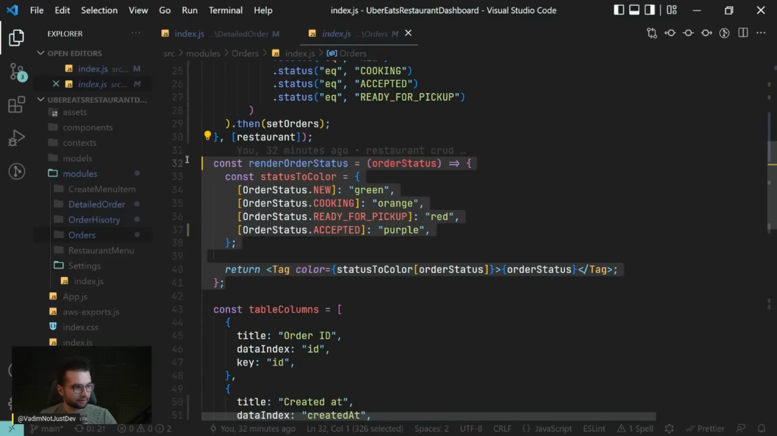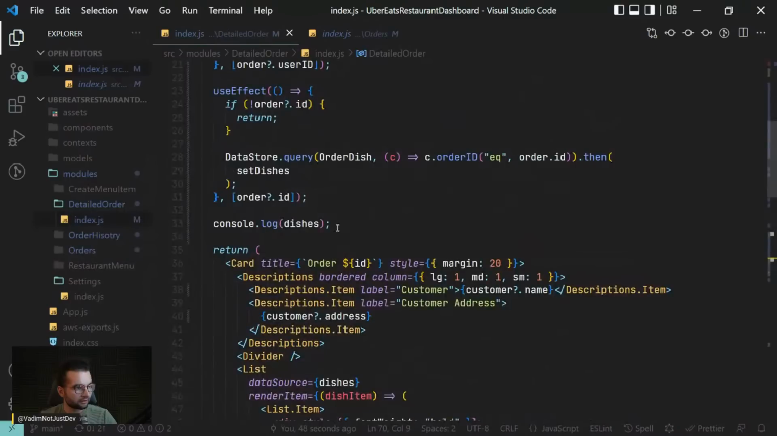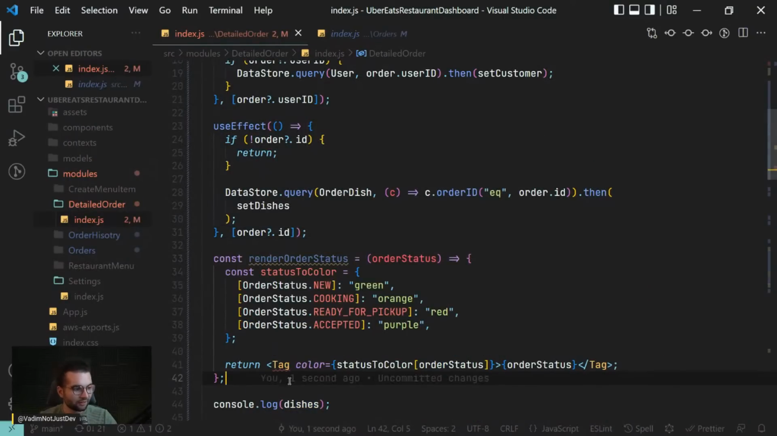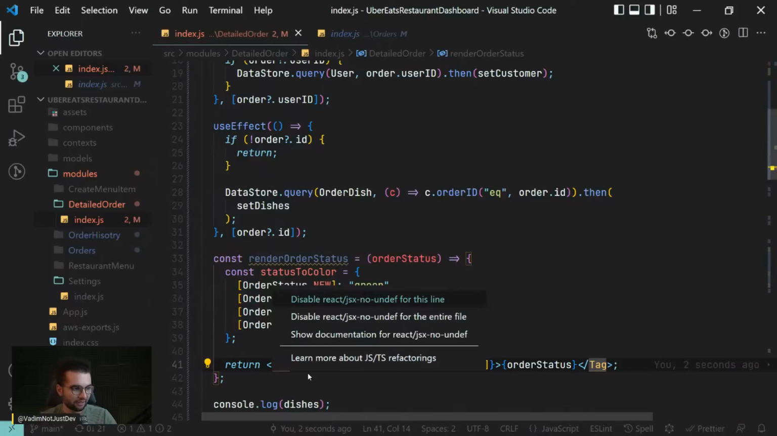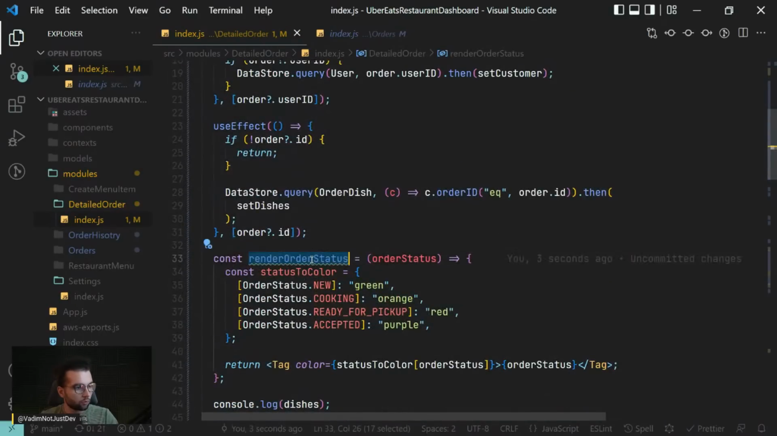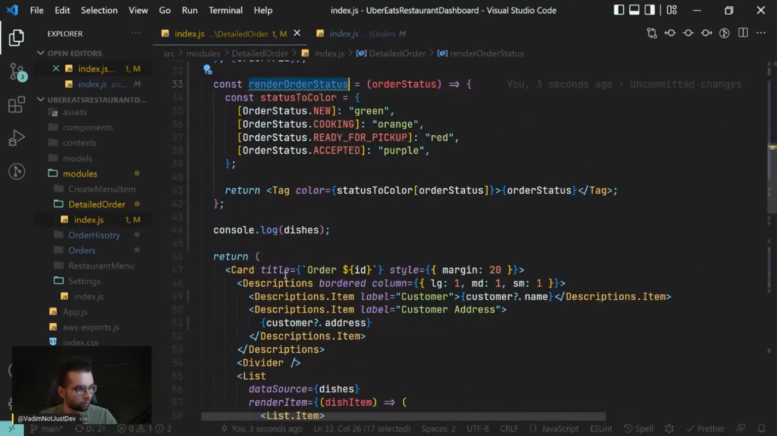Yeah, let's take the render order status in the detail order. Probably this function should be put into a utility function, because we are using it in multiple places. But for this project, that's okay. So render order status, I want to do it in the title. So order ID